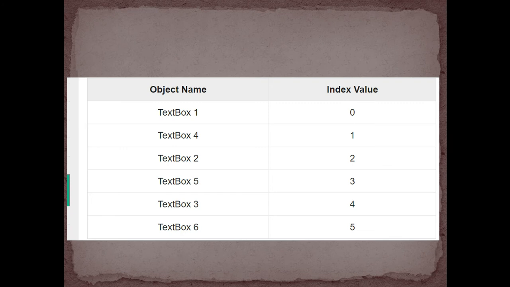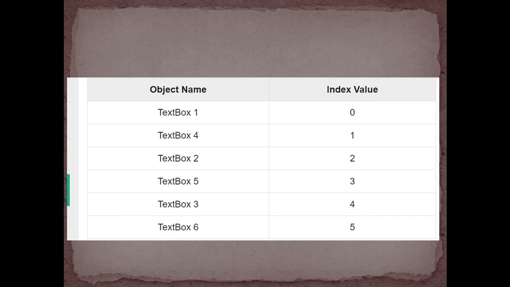Third is creation time. In this, UFT allocates a value to each and every object, and this value indicates the order in which the browser was opened relative to the other open browsers. So the first browser that opens while recording receives the current value, creation time, as 0, and succeeding browsers are given values 1, 2, 3 and so on. So this is with respect to the web browser. If it is not a web browser, then only two particular properties will be activated. One is index and second is location.